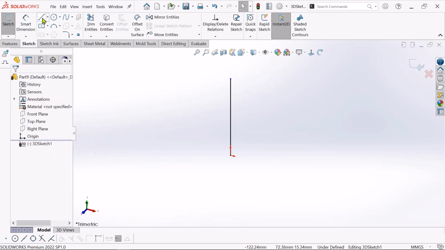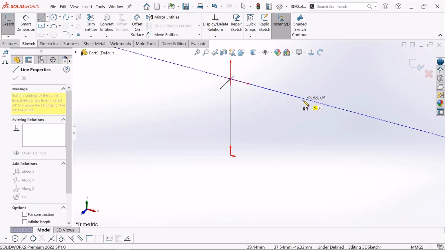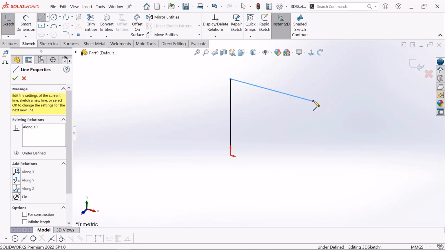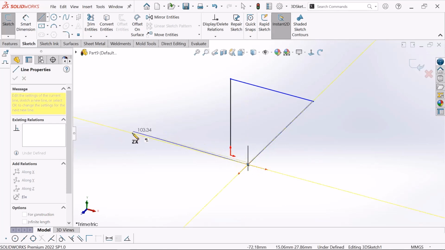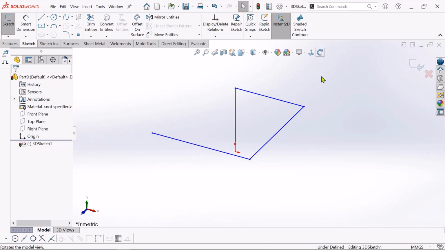So now I choose this line again and click on the line and click this direction and just click, and again click on this line and I will click the Tab key and it will convert this line. Again I will click this and again I will click the Tab key and I will sketch in this direction. Yeah, right click and select OK. Now see,